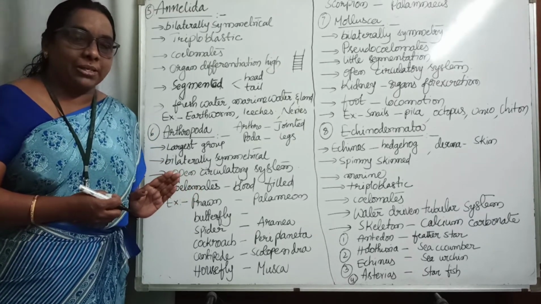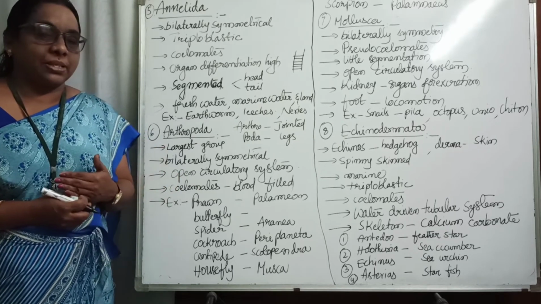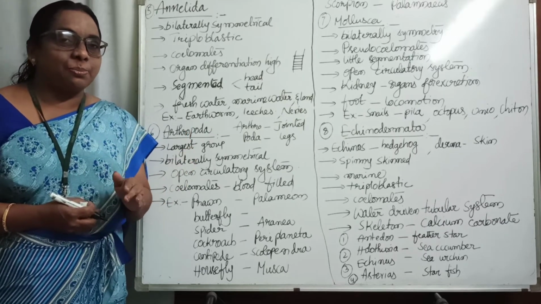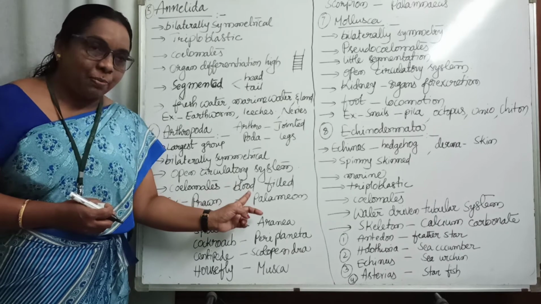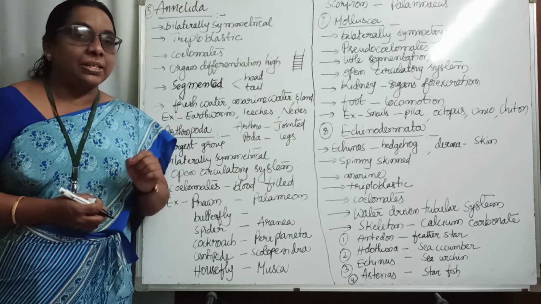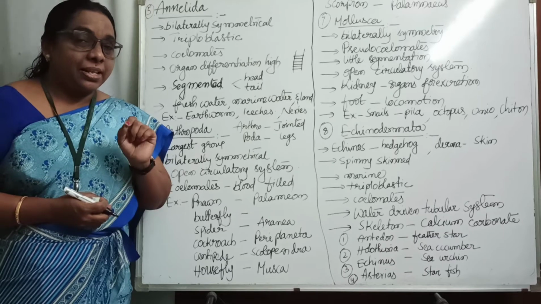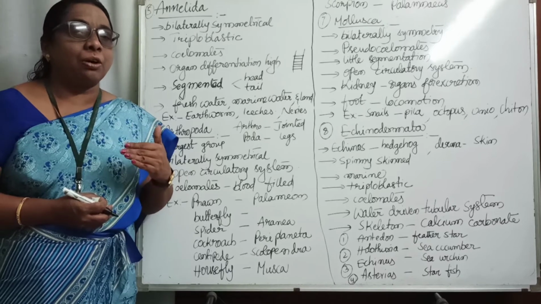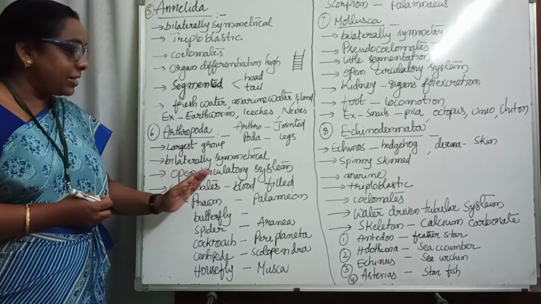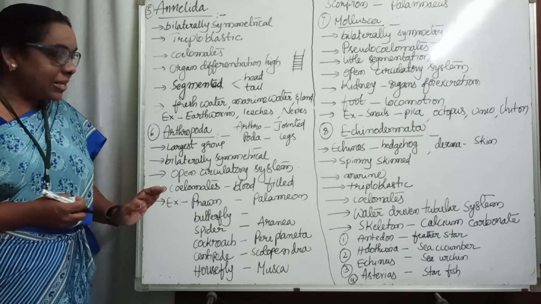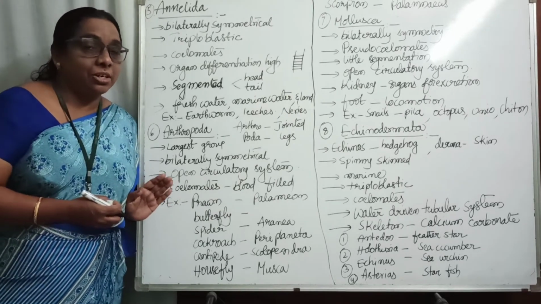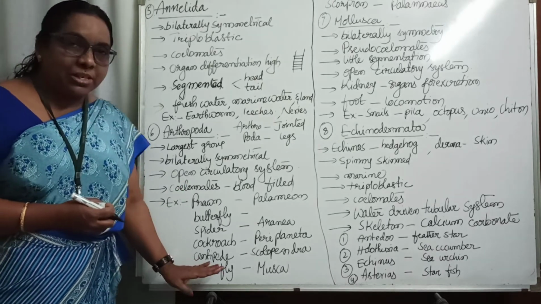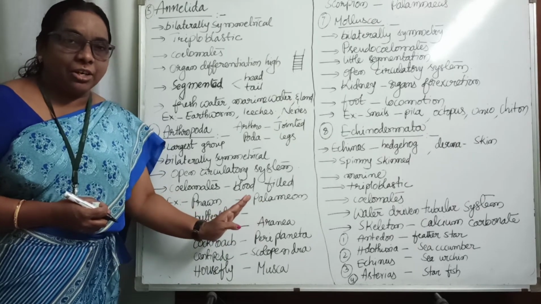These are mostly coelomates. Coelomates means they have a body space, between the body wall and the internal organs the space is present. That's why we call them coelomates. And another interesting point is that this empty space is filled with blood. That's why we mostly call these organisms blood-filled organisms. Let's come to the examples, children. It is very interesting to learn the scientific names here. Six examples are given and six scientific names you have to study.